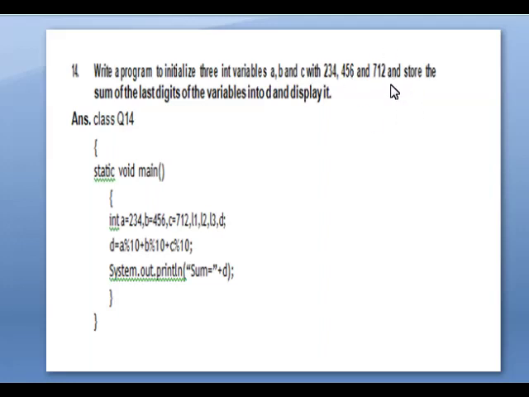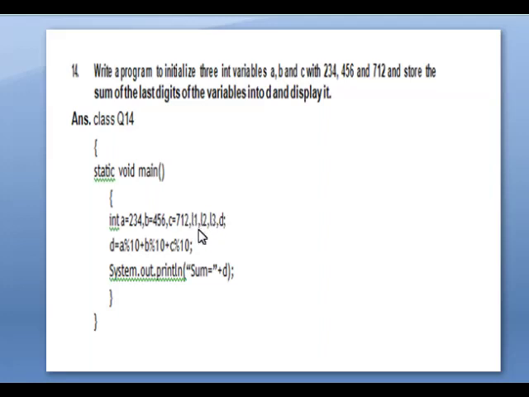ठीक है. So here first we have to give all the variables. Then L1, L2, L3 मतलब last digit. First if you find out individually find करना है तो L1 equal to A modulus 10, L2 equal to B modulus 10, L3 equal to C modulus 10 ऐसे find करना है. So if you do like that you have to use all these 3 variables. अगर आपको एक लाइन में फाइंड करने आता है तो डोंट यूज दिस वेरिएबल्स. ठीक है. और आपको लास्ट डिजिट ऑफ फर्स्ट वेरिएबल फाइंड करना है, लास्ट डिजिट ऑफ सेकंड वेरिएबल फाइंड करना है, लास्ट डिजिट ऑफ थर्ड वेरिएबल फाइंड करना है. ऐसे भी आप फाइंड कर सकते हैं.